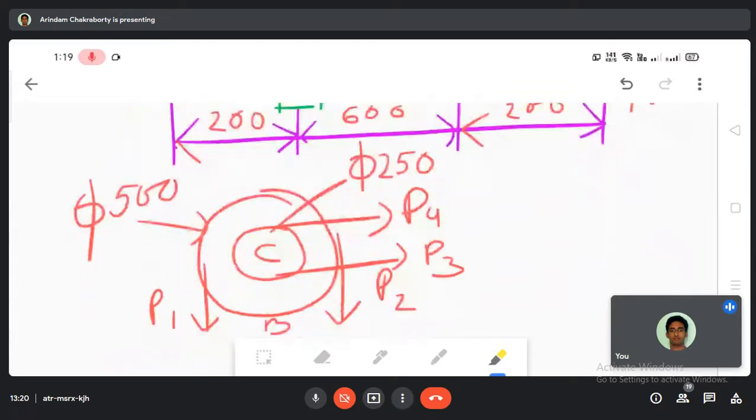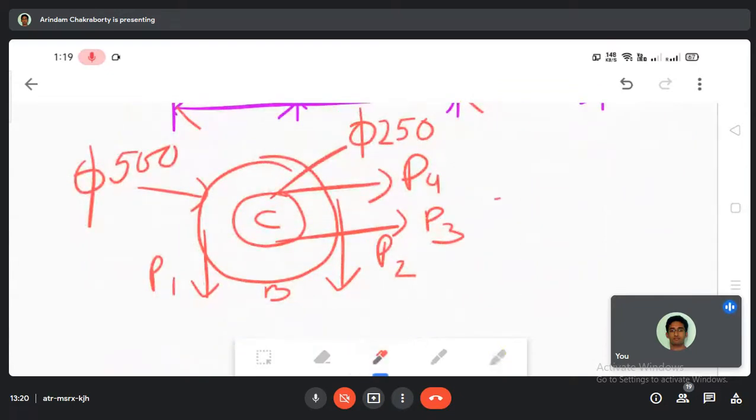But if we see from the top view, we can see that pulley B has a diameter of 500 and pulley C has a diameter of 250. And as you can see, it is also written that P1 and P2 are nothing but pulley belts which are vertically connected with the motor, and C is a pulley which also has a belt connection with another pulley, that is P3 and P4.